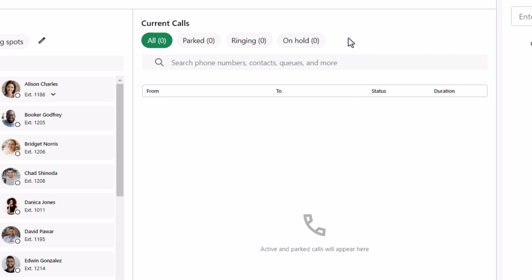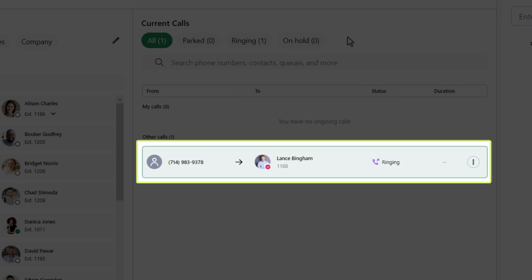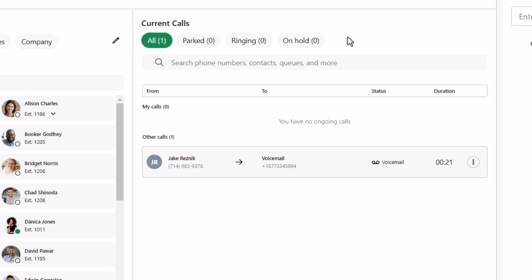Finally, let's talk about the voicemail option. We can see a new call on the system. While the call is ringing, we can intercept that ourselves or drag that to another contact. The same options apply when the call is not picked up and goes to voicemail. In this situation, I'll pick up the call so that the customer does not have to wait for someone to return their call after leaving a message.